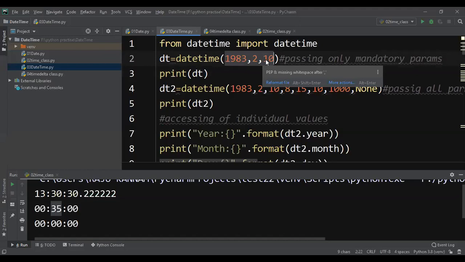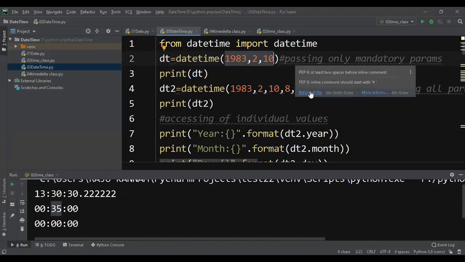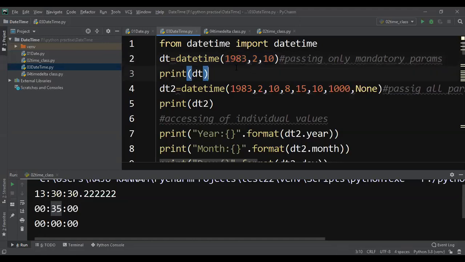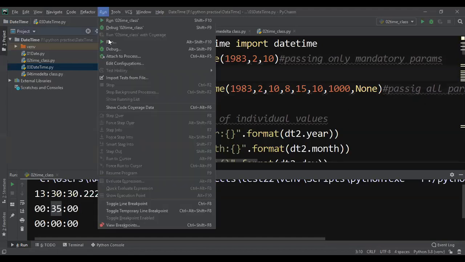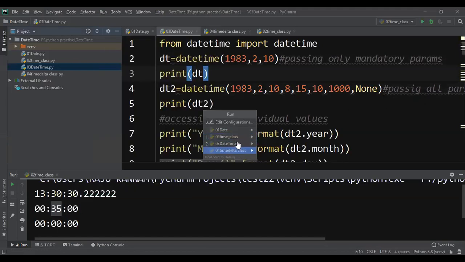So when you are using the datetime constructor, you have to pass year, month, and day, and the remaining parameters are your wish. Now here I am passing the datetime 1983 February 10, and printing the date. Now I am going to run this program. Now it is the datetime class.